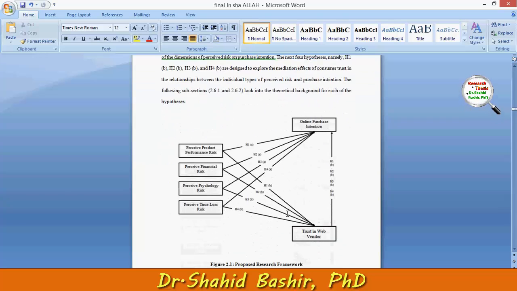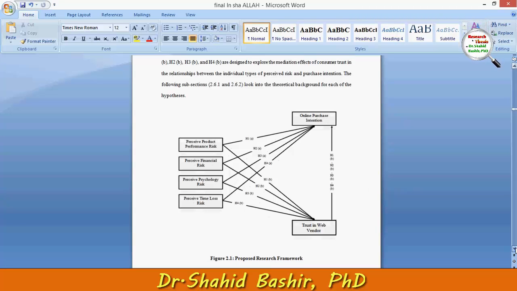To find the mediation between two variables, it is important to find the direct relationship. So all these H1A, H2A, H3A, H4A are related to the relationship between independent variable and dependent variable. To check the mediation effect, we have H1B, H2B, H3B, and H4B.